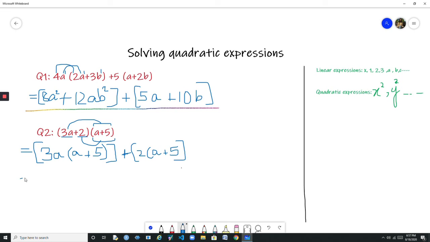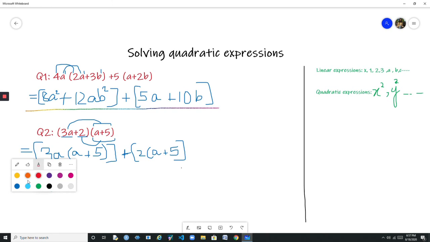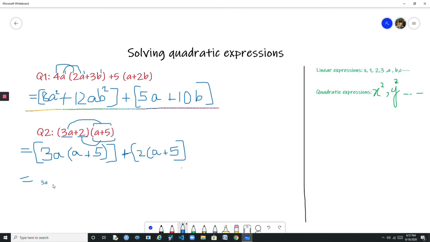Now we multiply these terms. So the answer is 3a square, I'm writing the square just. So we here have 3a square plus